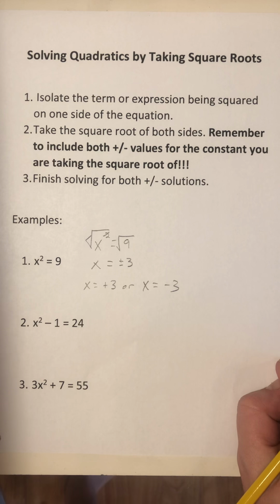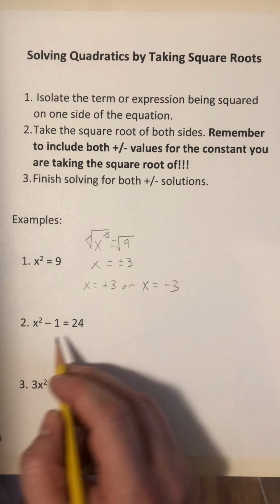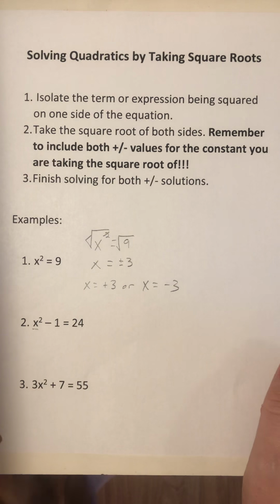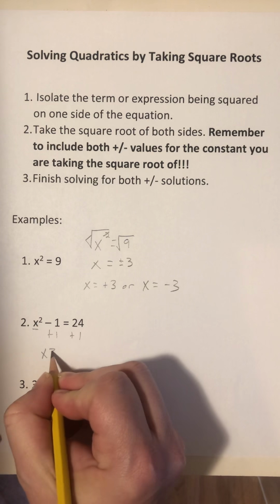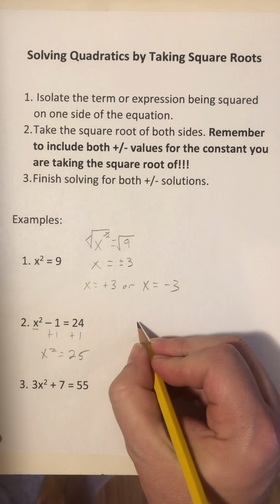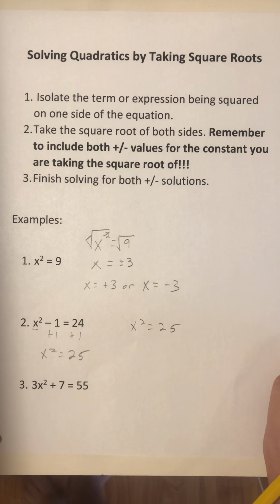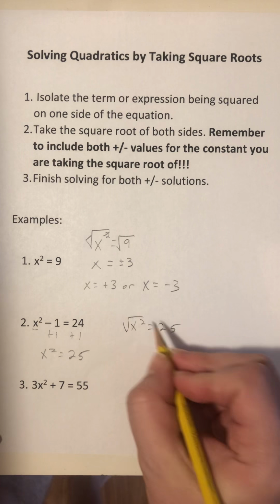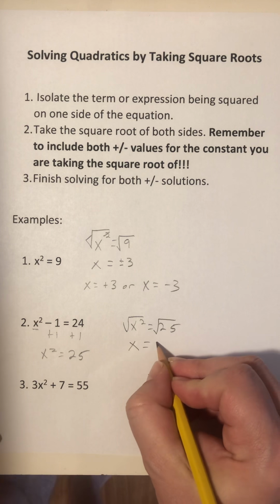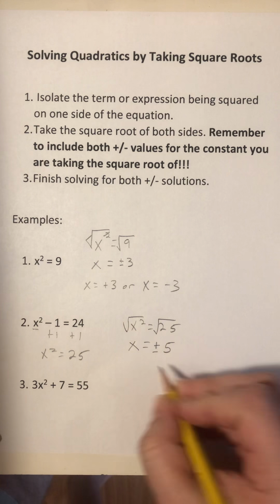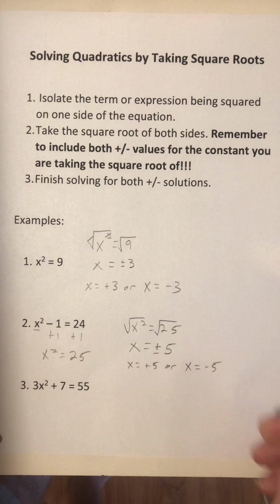Isolate the term or expression being squared on one side of the equation. Here I've got x squared minus 1 equals 24. Well, I need to get that x squared by itself. So what I'm going to do is add 1 to both sides of the equation. So now I've got x squared equals 25. Okay, so I've taken care of that step. Now I'm going to take the square root of both sides. So remember, the square root of x squared is x. The square root of 25 is, remember, positive or negative 5. So in this case, x equals positive 5 or x equals negative 5. All right,